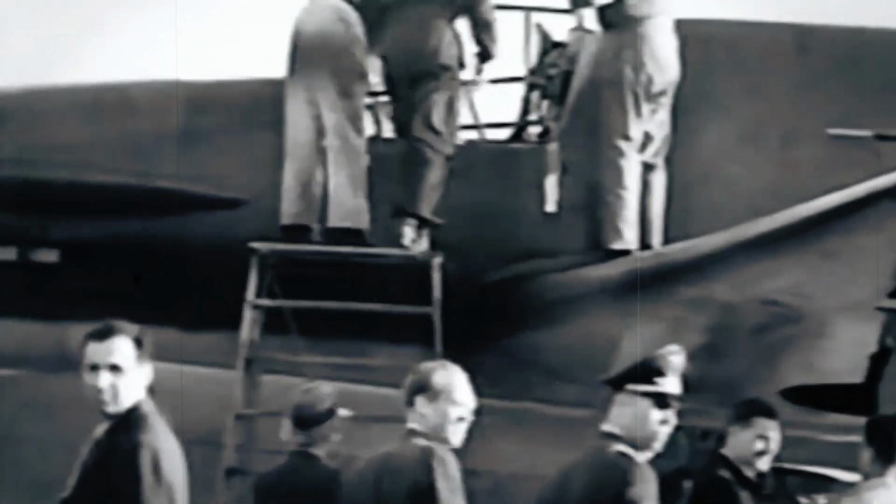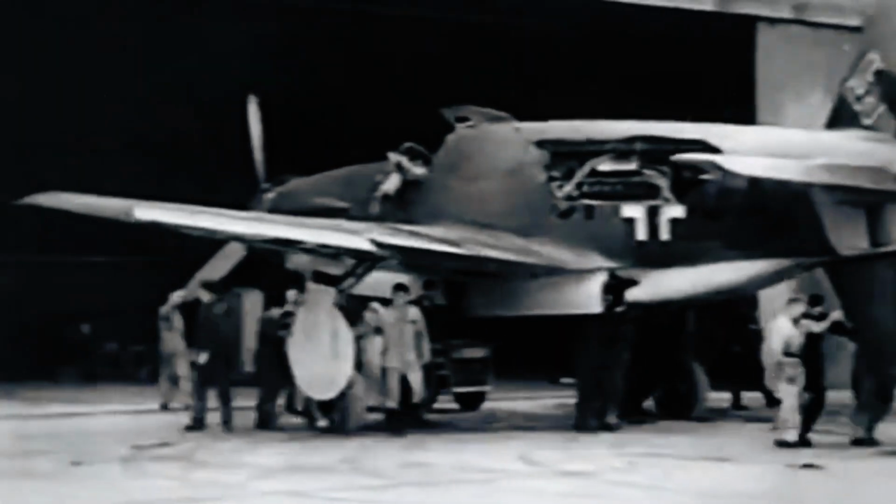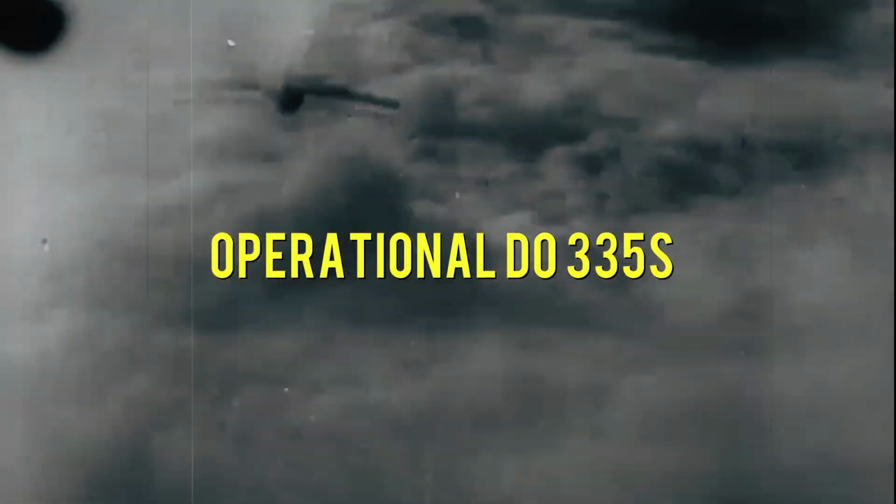A notable real-world encounter involving the Do-335 occurred late in the war when a French pilot approached the Pfeil in flight. Recognizing the unique twin-propeller design and superior speed, the French pilot avoided engagement, highlighting the Do-335's genuine performance capabilities. This anecdote underscores the aircraft's potential advantage in air combat, though such instances were exceedingly rare due to the limited number of operational Do-335s. Ultimately, the Do-335 story illustrates how timing and logistics can determine the success of even the